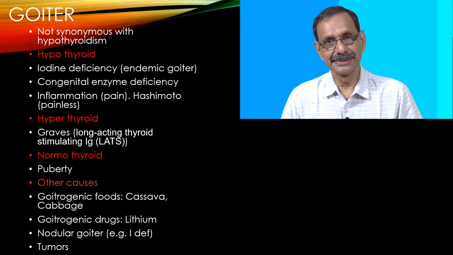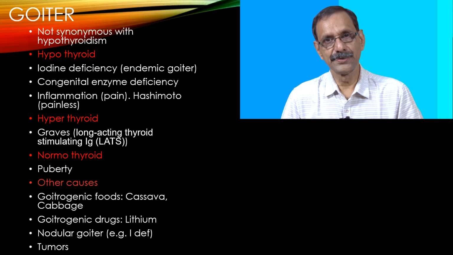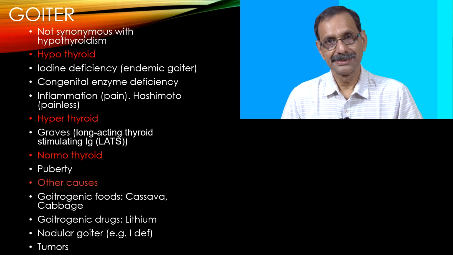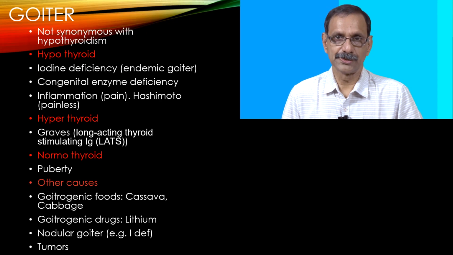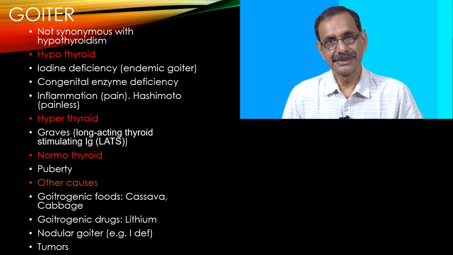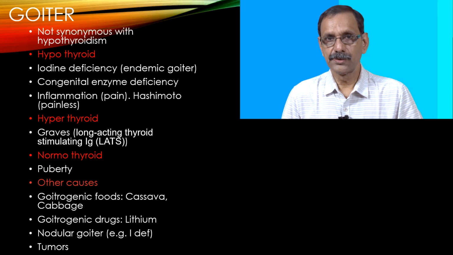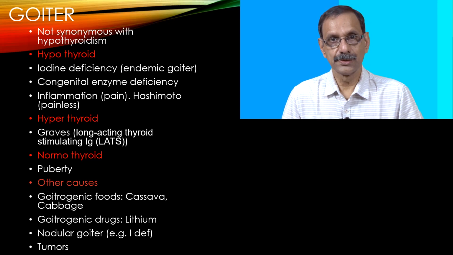During puberty, especially in girls, during the rapid growth phase, there can be a goiter, the so-called puberty goiter, the colloid goiter. To meet the increased demand, the thyroid is overworking and hence it becomes a bit bigger. It's like you overwork in the gym and get more muscular, something like that. The hormone amount is normal, so it is euthyroid but a little bit of goiter. That will go off in due course of time when the extra demand is no longer there, that is after the pubertal growth is over.